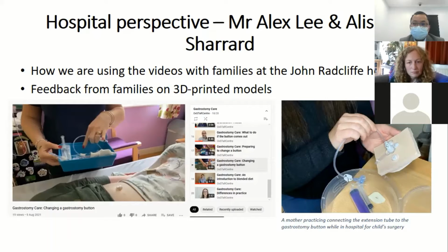Traditionally, gastrostomy is an operation that we do as part of our job, but we as surgeons don't really see very much of what happens before and what happens after, because most of this care is mainly done by the community teams and nursing teams, and we tend to do the work of troubleshooting when problems arise. We are also involved with some of the teaching of how to use the devices. But as Catherine hinted earlier, and surely Bethan will mention later as well, we don't do it very well. A lot of surgeons think they're doing very well, but in reality, with the time constraints and everything else, we don't really do very well. And hence the